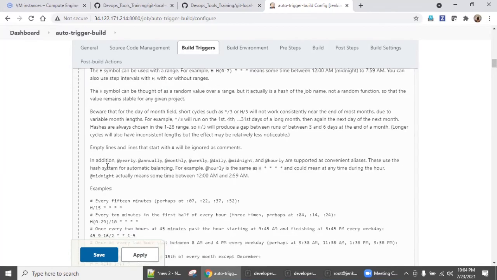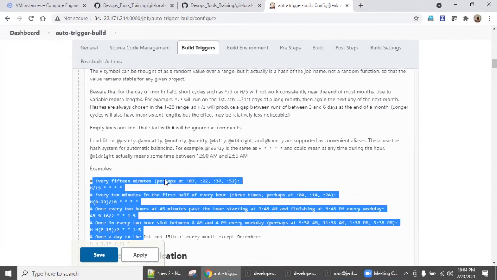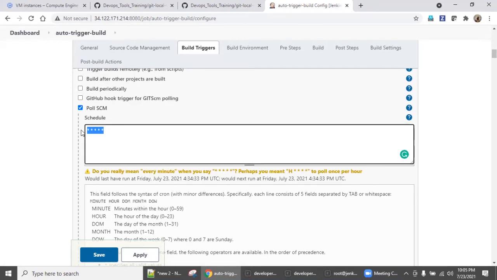If you want, you can have multiple examples also, right? But as part of our learning, we just need to understand how this logic works. So I'm going with every field as a star. Star means everything, every minute, right?